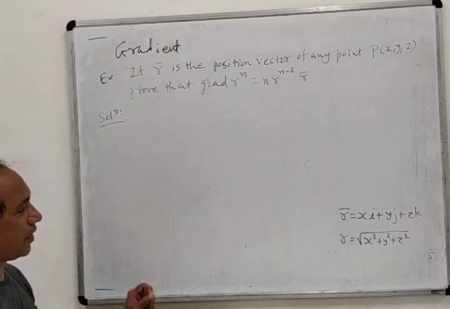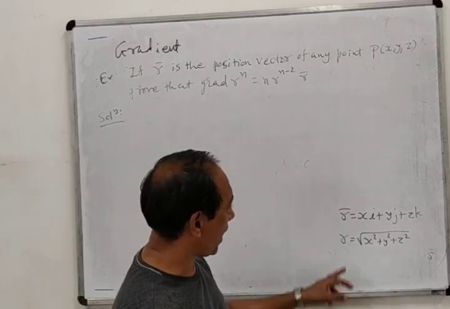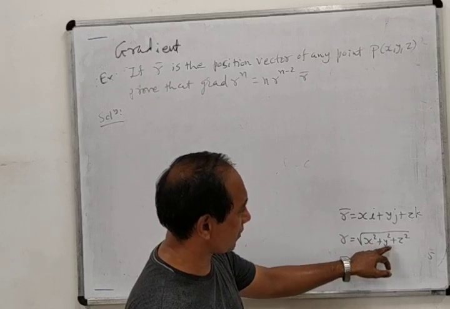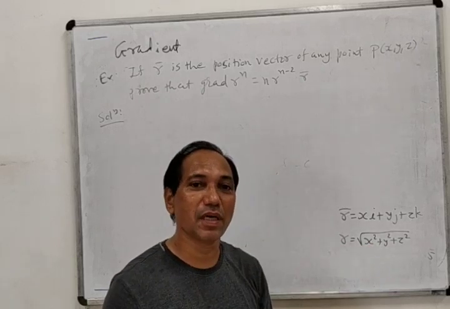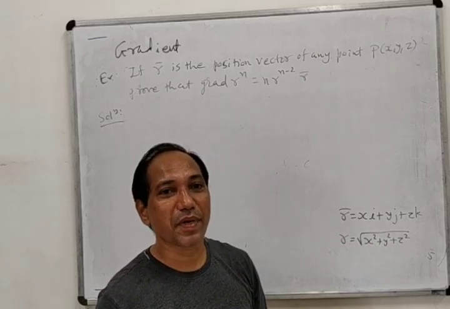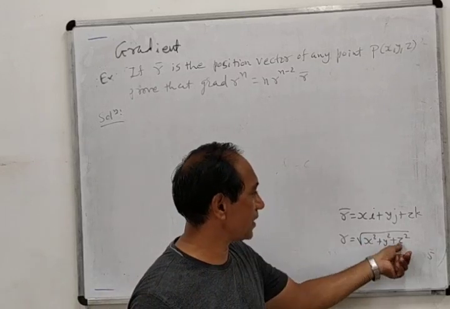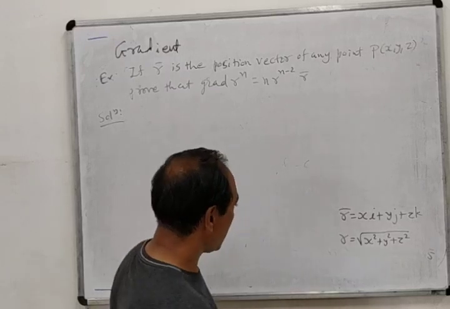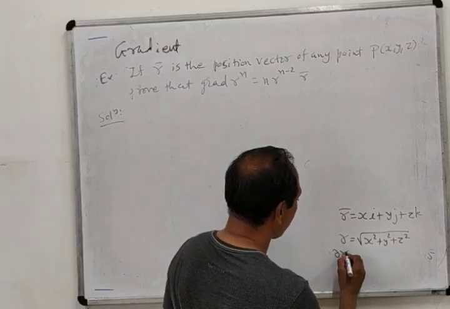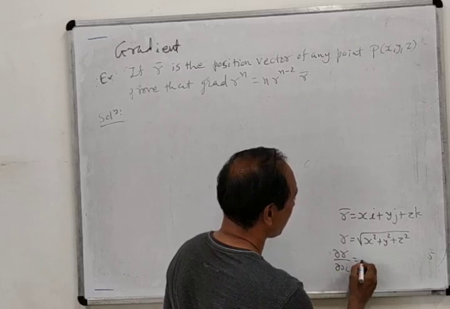Okay, and this is the symmetric form. r is the symmetric form, x square plus y square plus z square. Symmetric means what? If we interchange the roles of x by z, r square will remain same. That means if we replace x by y, y by z, and z by x, it will remain same. So here, if we find out its derivative, r with respect to x, what will we get?